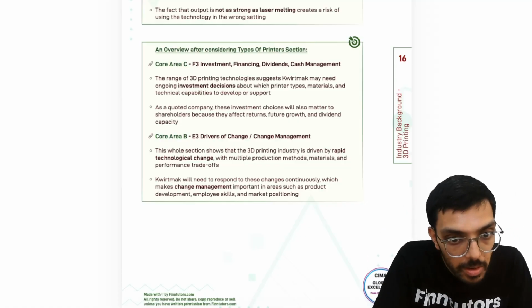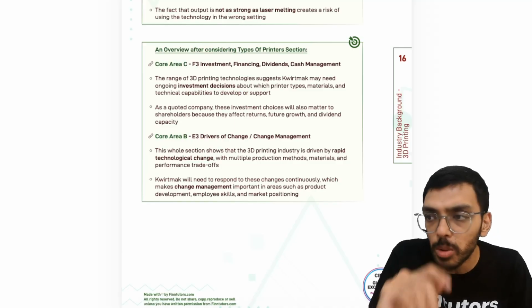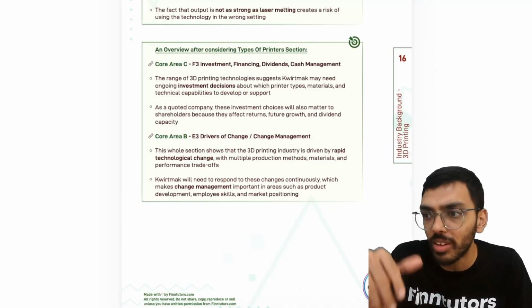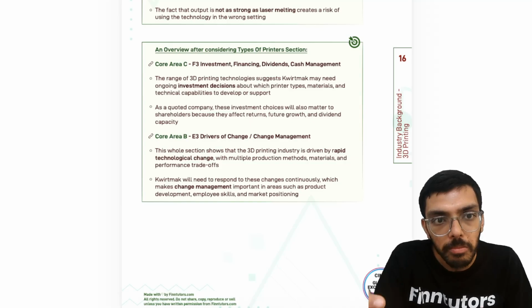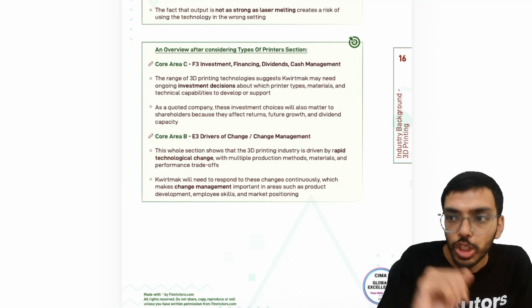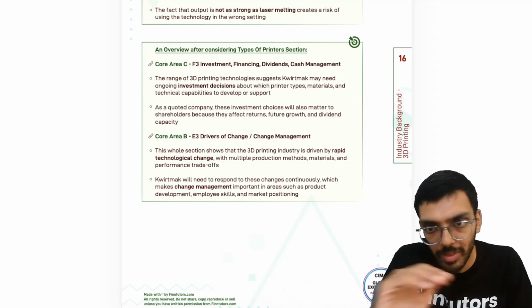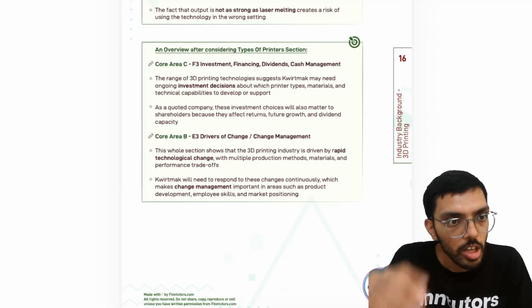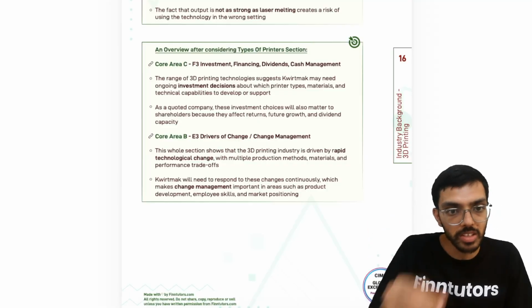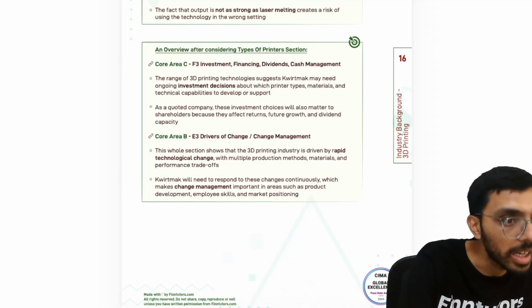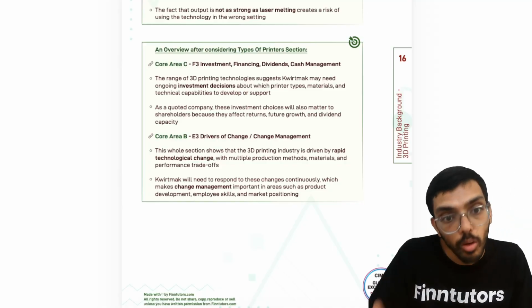In the F3 syllabus, they can very clearly tell you in the exam, raise a theme and tell you that, okay, we are developing a new printer now. We need finance for it. Should we cut our dividend? Evaluate whether we should cut our dividend. So you need to know what the current dividend policy is, what the financials of the company are. Can we do this? Can we not do this? For this,